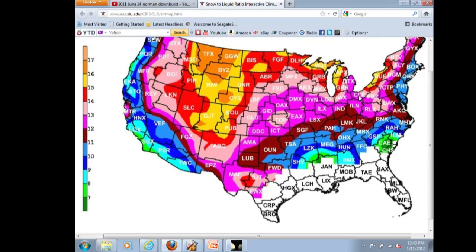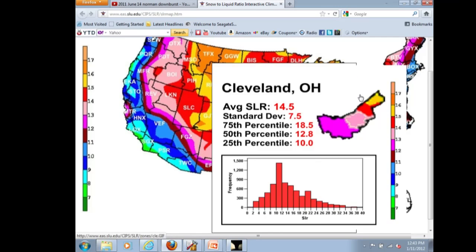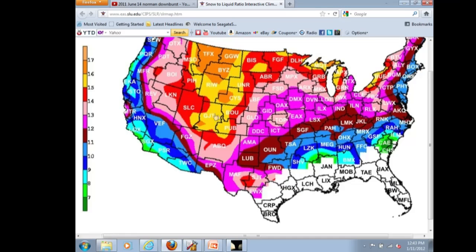Okay, see the overlays coming up? So for Cleveland, you see that we have 14.5. Lake effect zone influences this, and you see that the distribution is right-tailed. So there's some lake effect events that must have really high snow ratios in Cleveland. Around here,